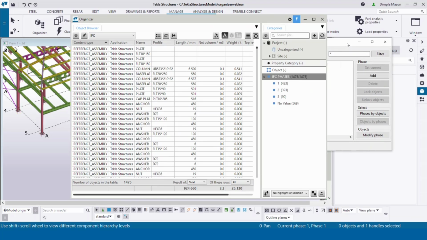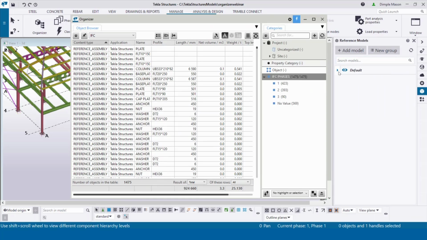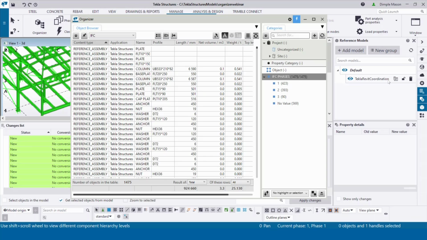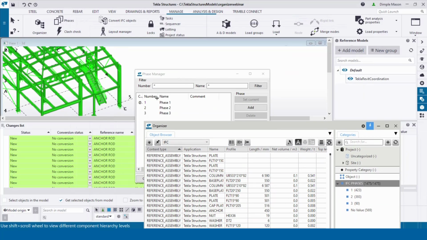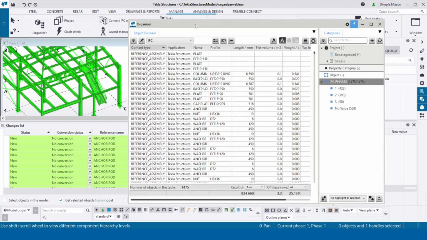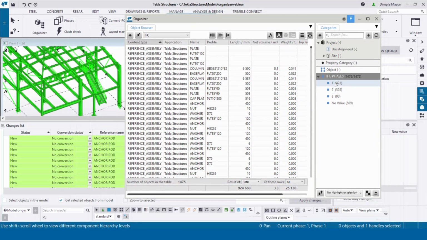And now I am going to convert this IFC that I have and automatically place them into the correct phases as per the information already in the IFC. So the easiest way to do this is make sure that the phase is correct. So my current phase at the moment is phase 1. And I want to convert all of the items in this IFC that are stating that they're in phase 1 at present. So in the bottom here, I'm going to do select